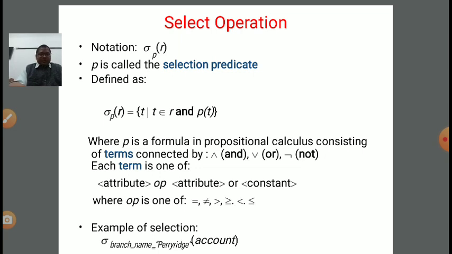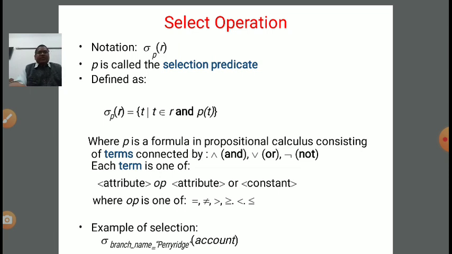So select operation. Now, what is the meaning of this, or why the select operation is required in relational algebra? As the name implies, select, it means it will just pick those particular information which is requested by the user. Now notation.